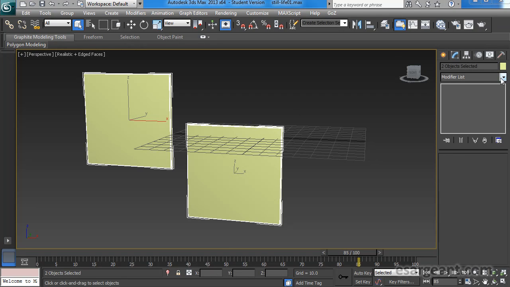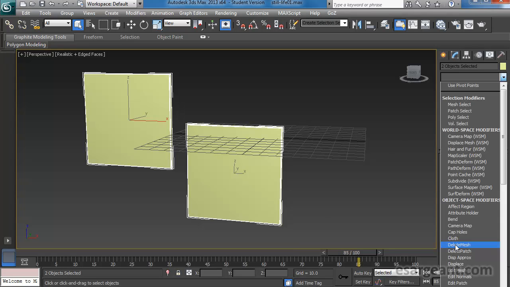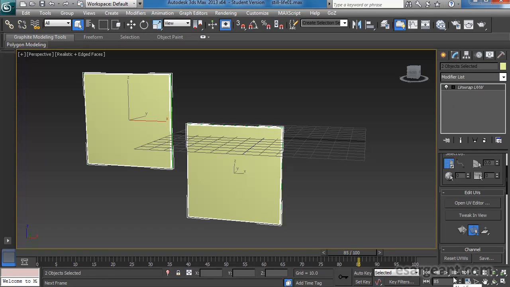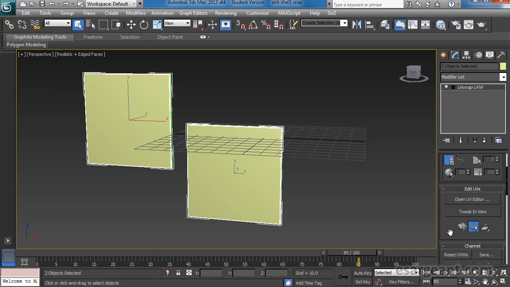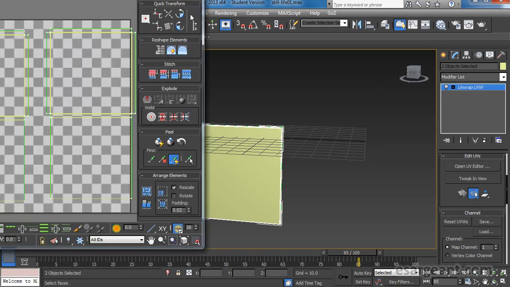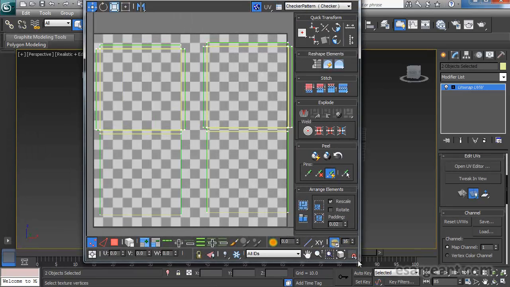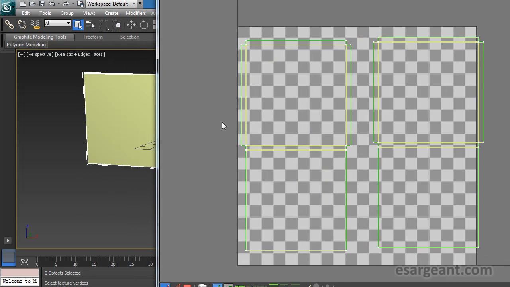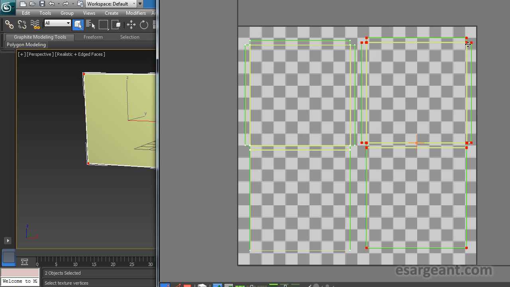But what we can do, because these do contain UVs now, is go to our modifier list, create another Unwrap UVW modifier. If we look at the UV editor again, you'll see that those UVs have been retained. So let's simply grab one of these and then the other one. I'm just moving them into place,